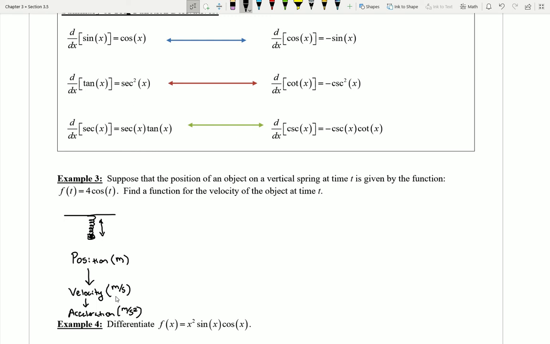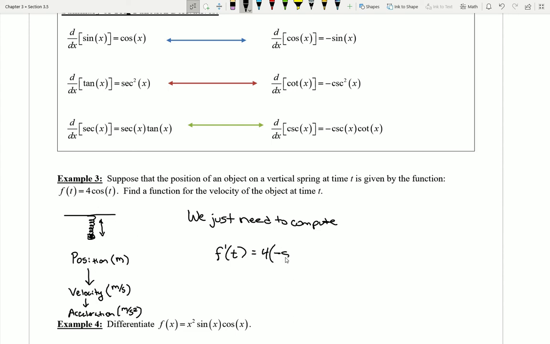So for this example, since we're already told the position function, and we want the velocity, we just need to compute f prime of t. And that's actually super easy, because I recognize that I can use the constant multiple rule here at the start and just leave the 4 alone, and then I can just multiply on by the derivative of